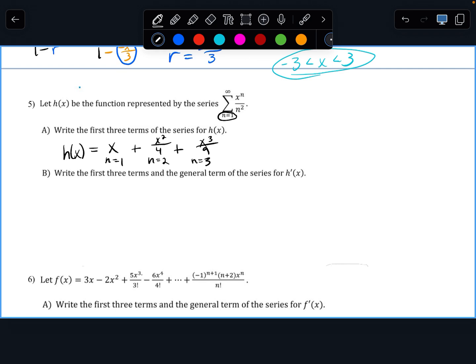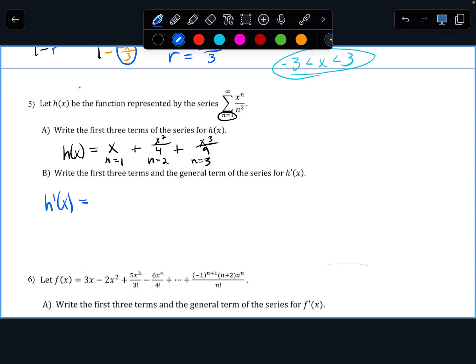Okay, now this one says write the first 3 terms and the general term. Oh, for crying out loud. Okay, so this is what I'm thinking. I have to take the derivative now. Isn't that fun? So if I need 3 terms, I'm kind of looking ahead. These are polynomials, right? So I'm thinking, all right, think of what the derivative of that is, derivative of that is, and then I'm going to do the general term, but remember the general term is just up here. Okay, so what I'm going to do for h prime,